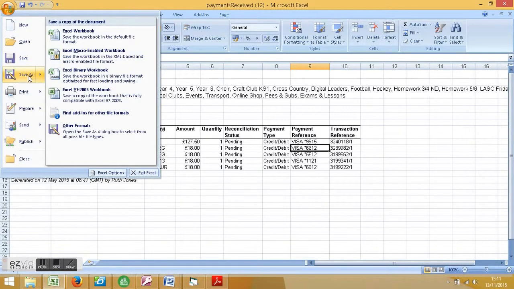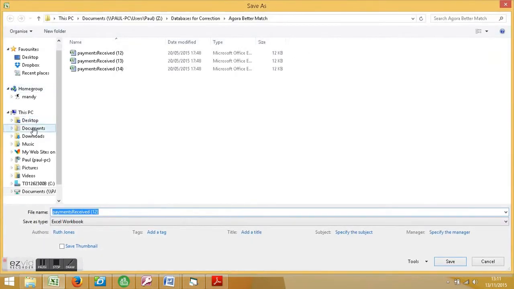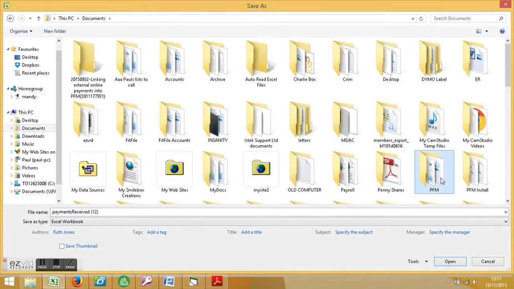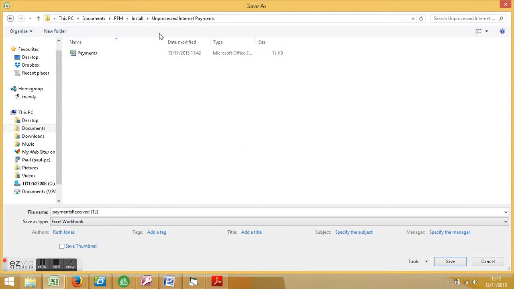This is the essential step. You must save this spreadsheet as an Excel workbook, and it has to go in a very specific folder, which is your PFM folder, and a subfolder called Unprocessed Internet Payments. Now you give it a name. I just leave it as payments received and put a date on the end. It's up to you what you'd like to do here. Click on the Save button,